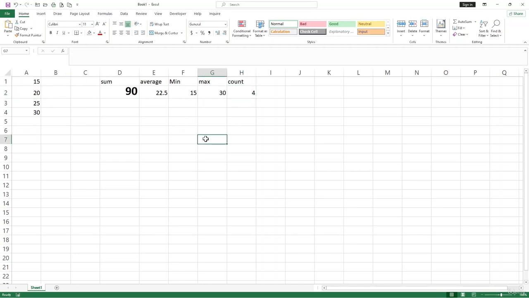So now let's explore a bit more. Did you know Excel can handle percentages too? Okay, so we can also calculate the percentage. You can simply multiply the number by the percentage you want. For instance, if you want to find 20% of 200,